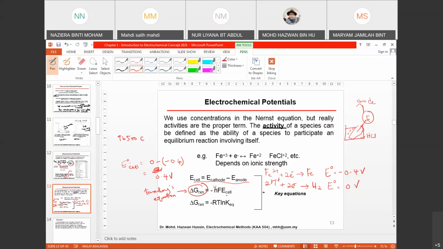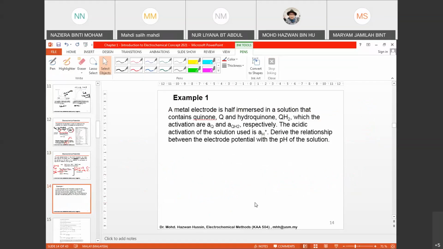Okay? So you'll see the importance of all these three equation is that this is actually the basis equation, okay, to derive Nernst equation. Okay? Later on, you will use this to define or to probably propose the Nernst equation. Right. So basically, this is just an example to look at the activity, but of course this one is far more physical